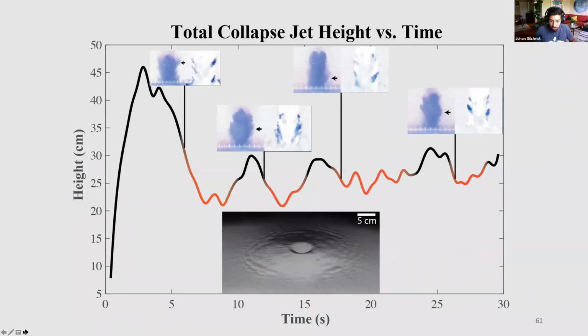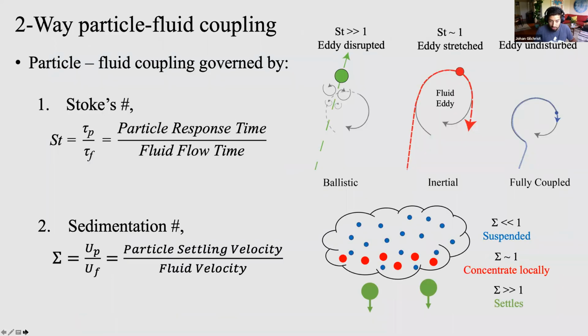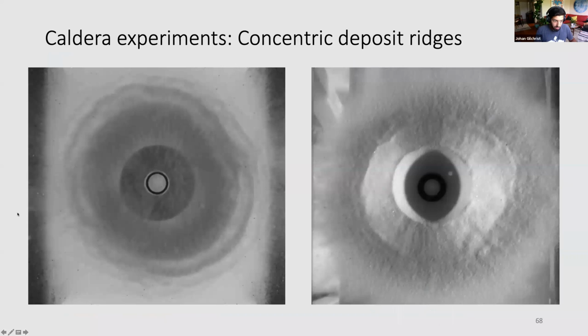So we ran some experiments previously with caldera nozzles, and this is in my paper with David Jessup from 2016. And actually, in all these experiments with caldera nozzles, they were mostly in the total collapse regime, and they all produced terracing. However, we ran this experiment with relatively low total mass of particles, and you can see these regions that have less particles deposited in between the rings or terraces. So actually, I'm not even sure if I should call them terraces, maybe concentric